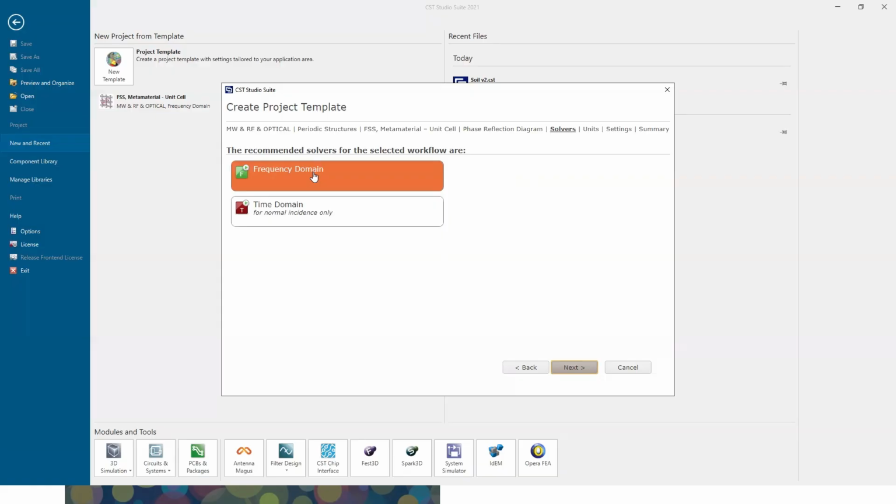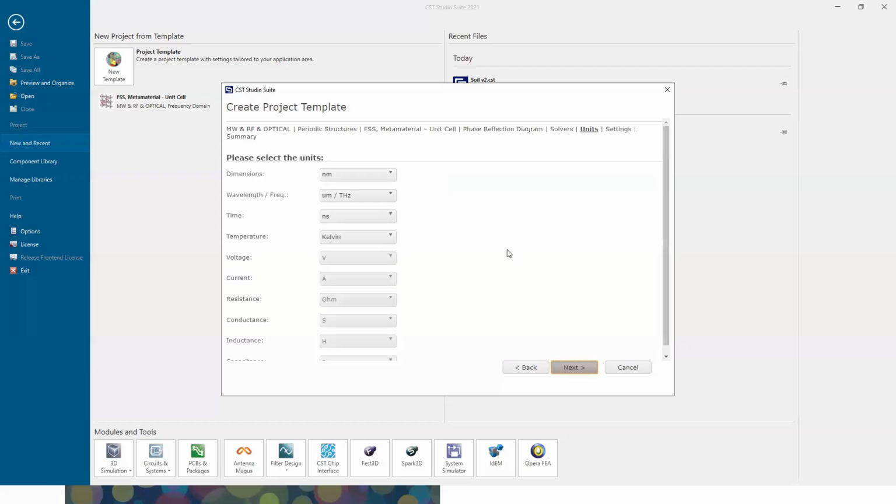Most of the papers and most of the work that you see is in frequency domain. You can also use time domain, but first of all you have to think about your license. If you have the time domain license, then you can simulate in time domain, otherwise you cannot. And in frequency domain it is easier for us to understand because it's more common practice. So we will select frequency domain, and after that, as you can see, we are working on terahertz, so we'll